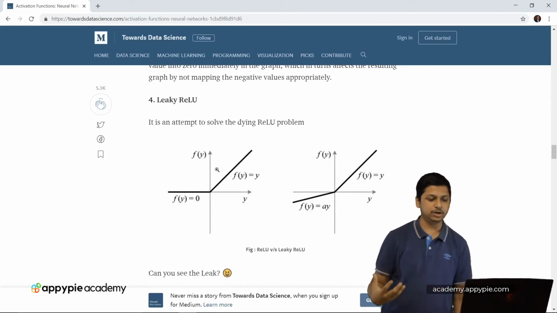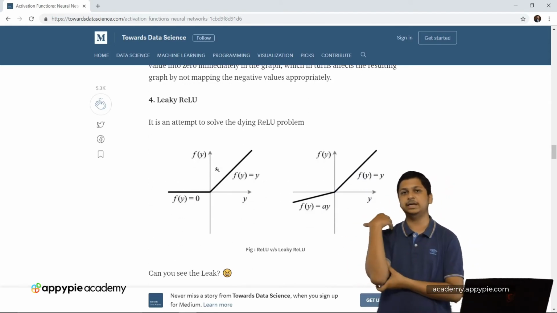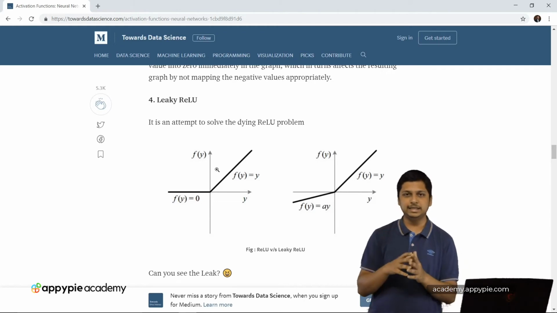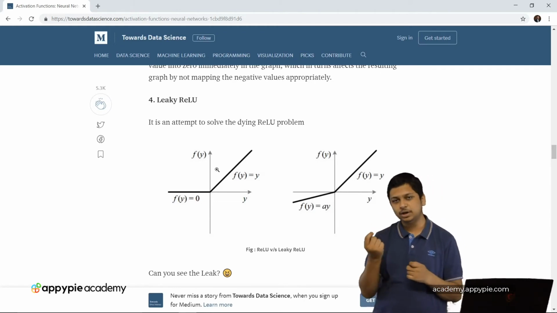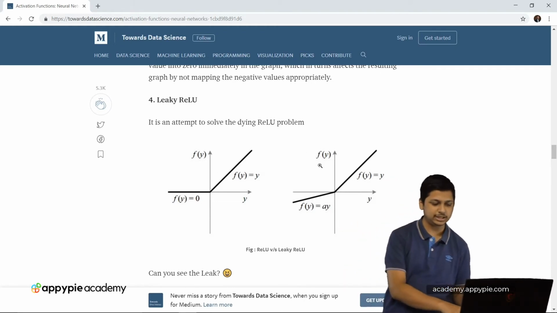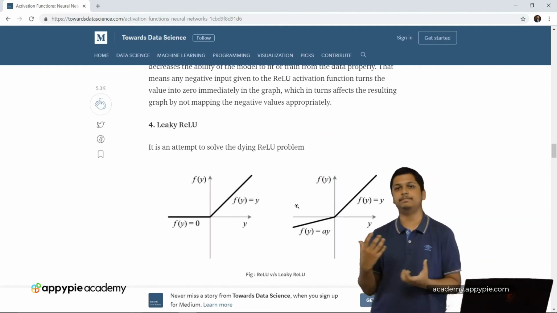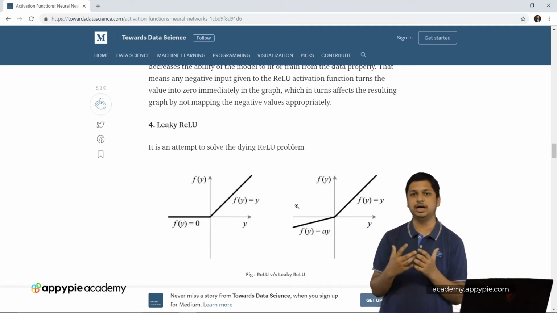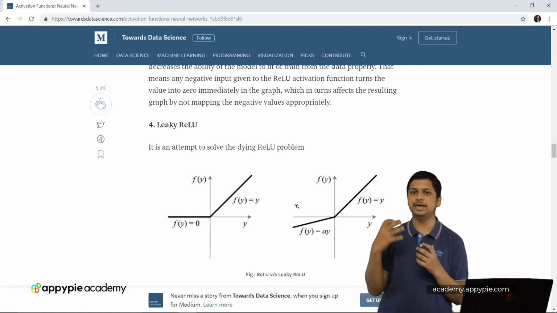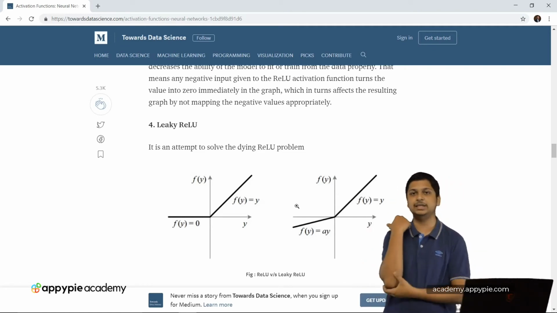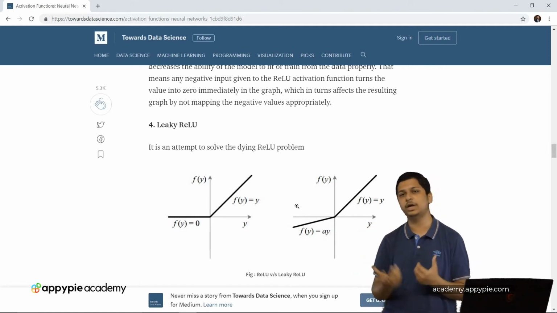Then we also have a leaky ReLU, and this has a very small negative gradient, as you can see over here. So with this we have some basic activation functions which are fundamental to understand right now. I will link this site in the lecture resources and you can have a look at it.